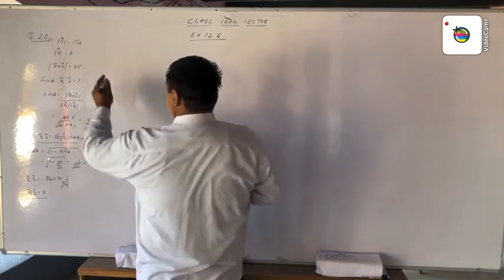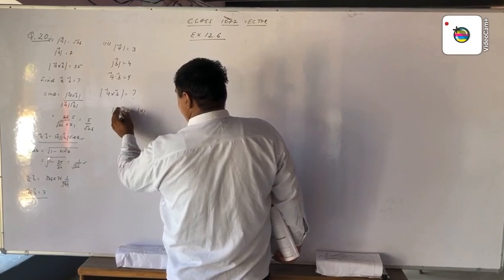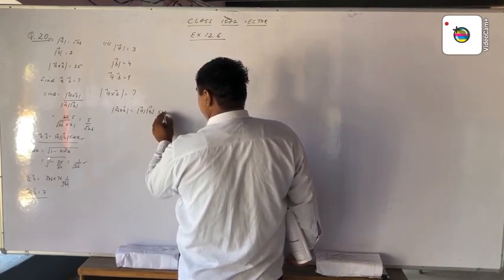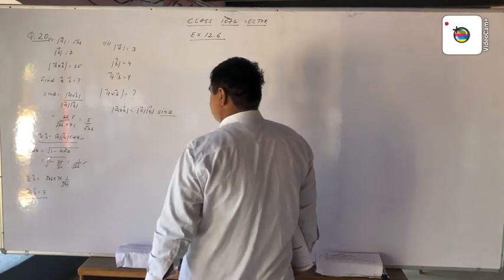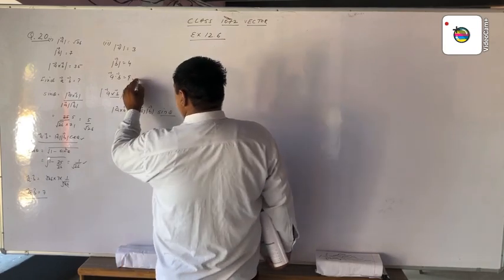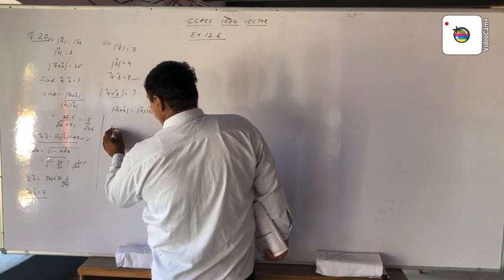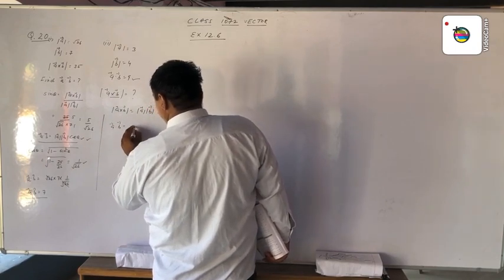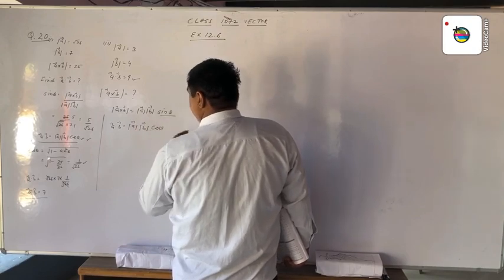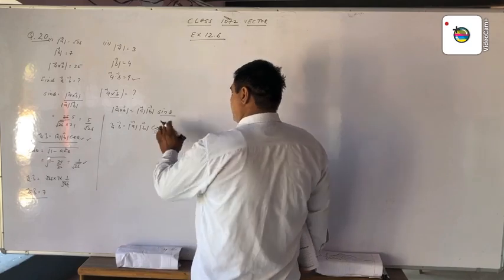Now the magnitude of A cross B is equal to the magnitude of vector A into the magnitude of vector B into sin theta. It is the given condition for vector A cross vector B magnitude. Now we are given this condition. Now this satisfies this condition. Vector A dot vector B is equal to the magnitude of A into the magnitude of B into cos theta. Here we find the value of cos theta, then convert it into sin theta.